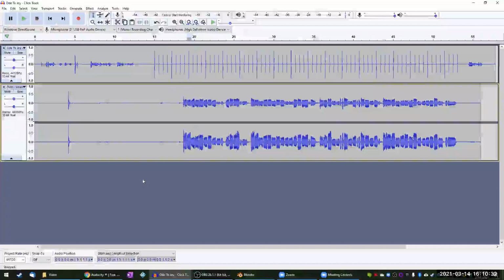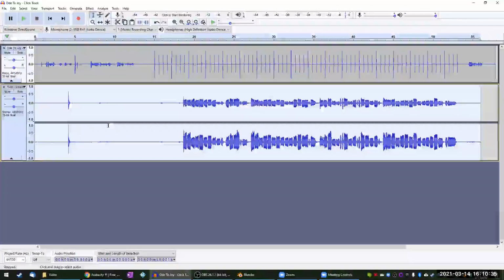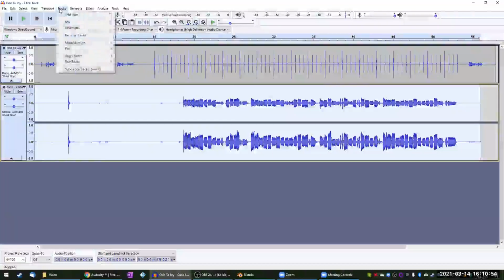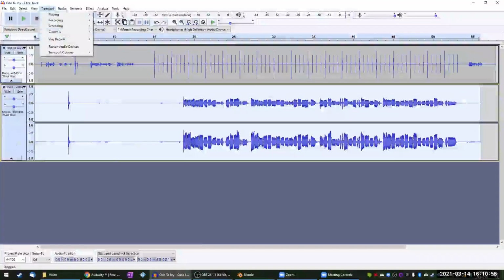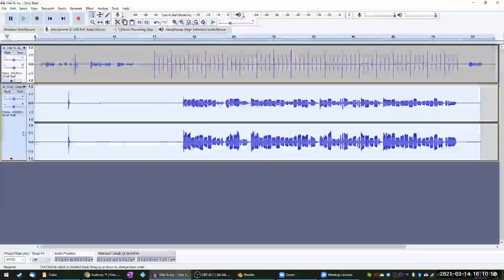Okay, so the first thing I like to do is to convert all of my sound to mono. Right now it's in stereo. That's why there's 2 sets of sound. This makes it so the final project, everybody will be in mono and it'll merge together without multiple channels. And you could always split those channels if you wanted to get fancy with it later. So to do that, I'm going to go to tracks. And this was after clicking on this track, so it's highlighted.